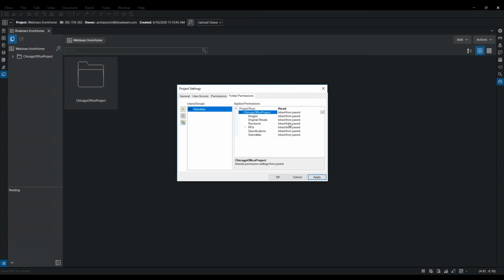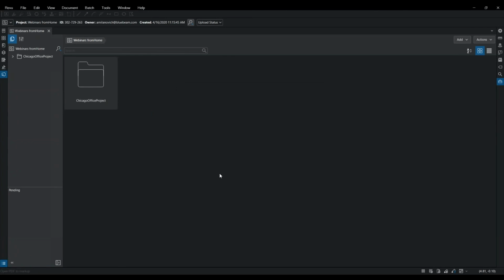If I wanted to hide a folder, so let's say that my revisions folder for whatever reason is something that I wanted to be able to hide, I could do that as well. For the most part, if you want somebody to mark up a document, you're going to have to turn on this read write option. So you will have to change and turn that on if you do want them to be able to come in and make markups. So that's just a little bit about permissions here as we get going.